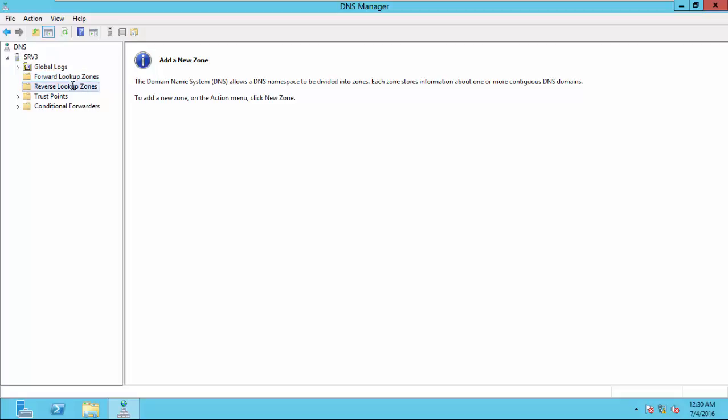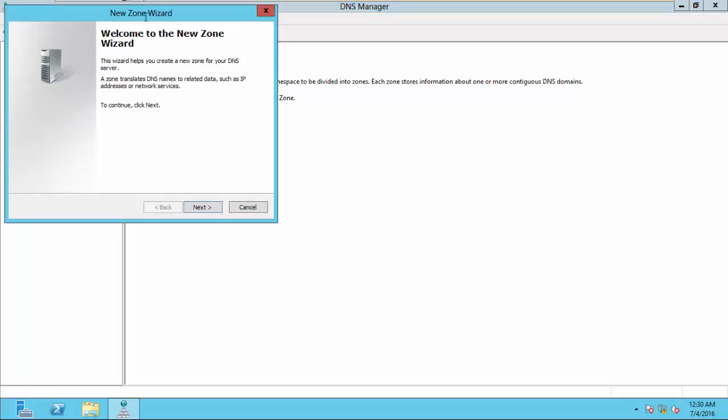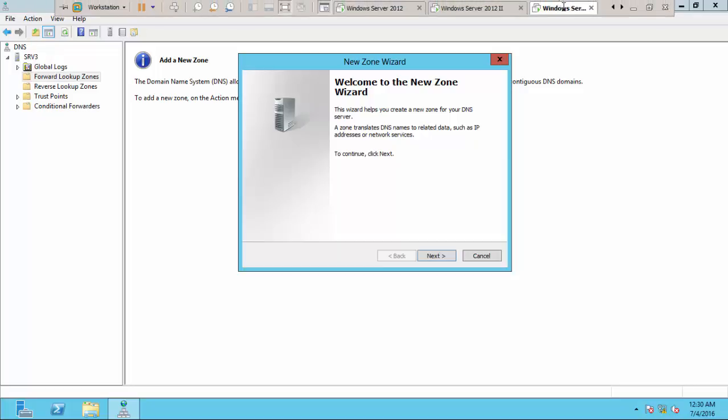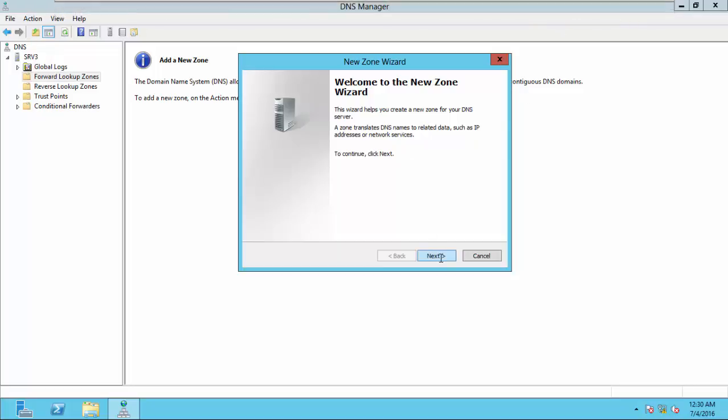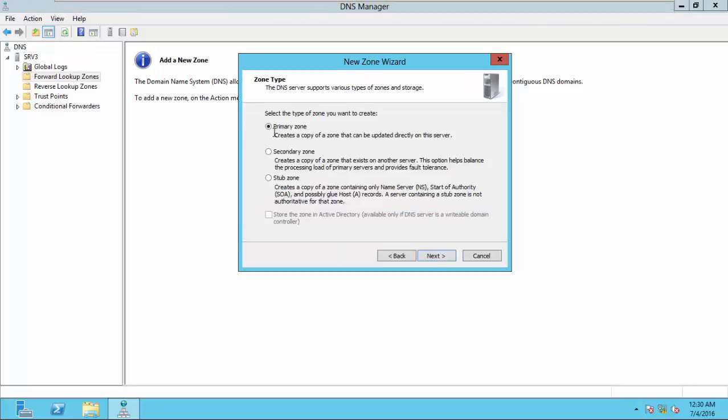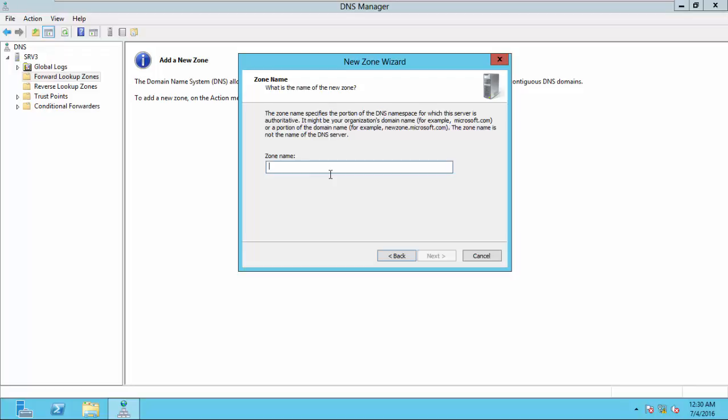These are the only resource records it keeps, and then there are various reverse records. Okay, so I'm going to create a new zone over here on my stub DNS server. As you can see, this is my third DNS server. I'll go next, and then this is a stub zone, and click next over here, and I'll put my DNS domain namespace over here, umat.com. Click next,